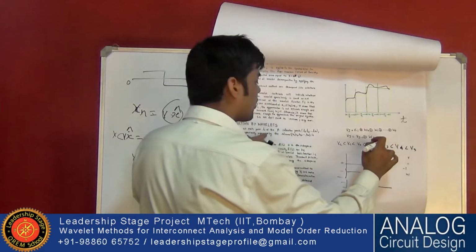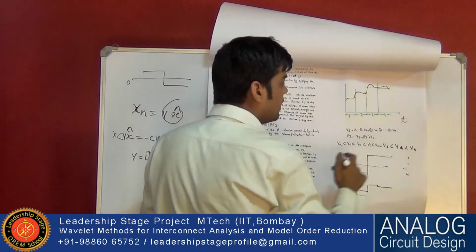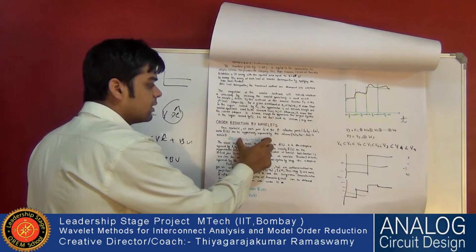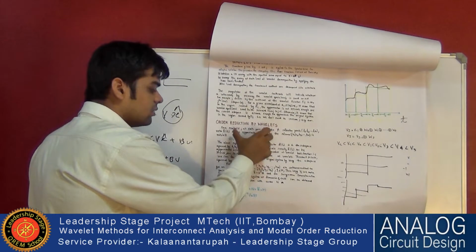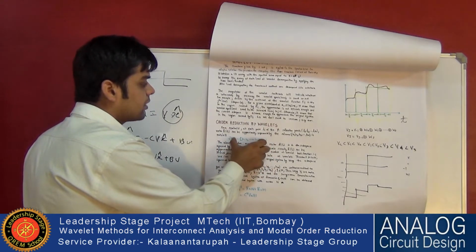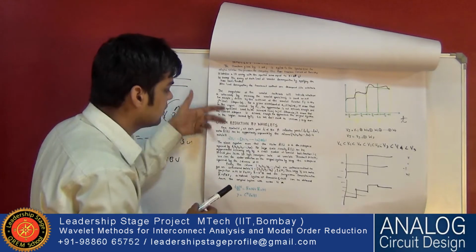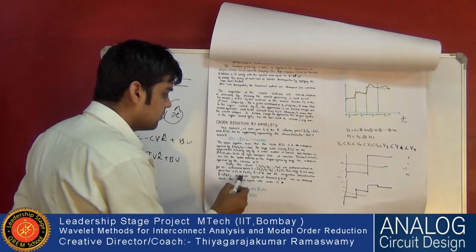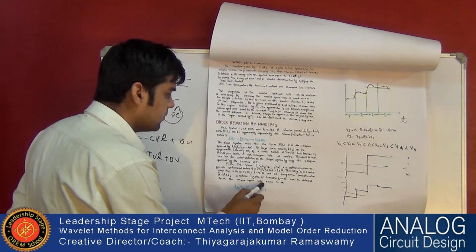This m is the order of the system. We can increment the level, and by increasing the level this number increases, and soon it converges. We stop at that number, and we use that to compute. So the same system can be reduced.